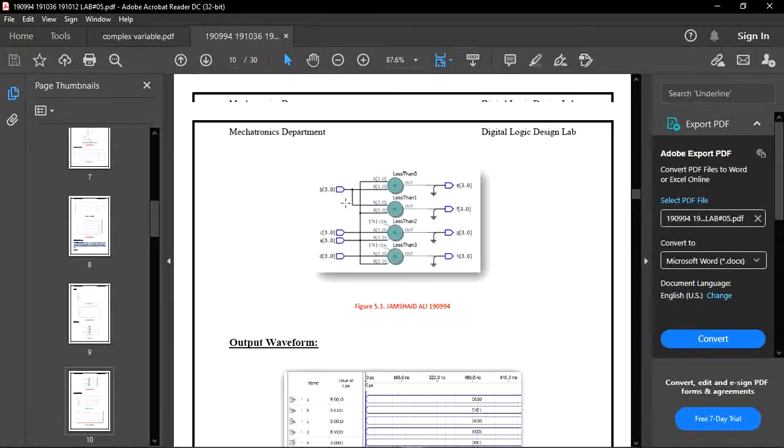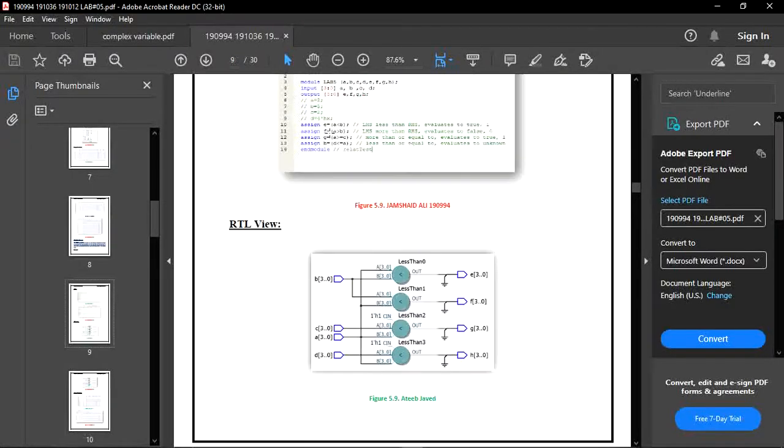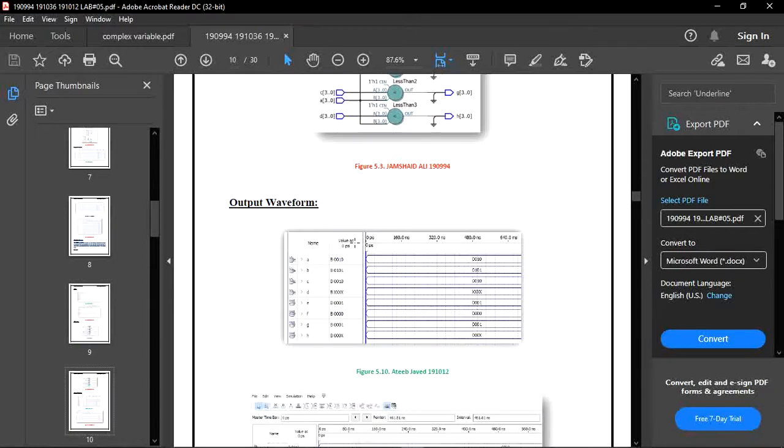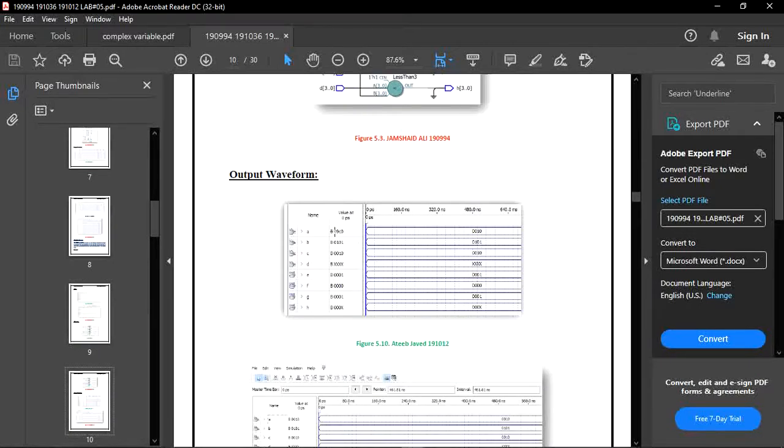So now you can see in this code, if A is less than B, then the function evaluates to 1. If A is greater than B, then the function evaluates to 0. It means our function F evaluates to 0.